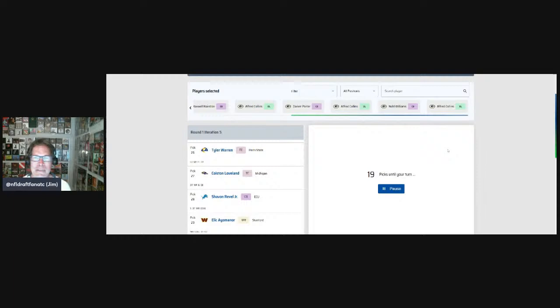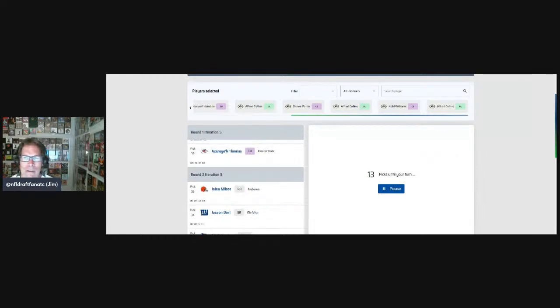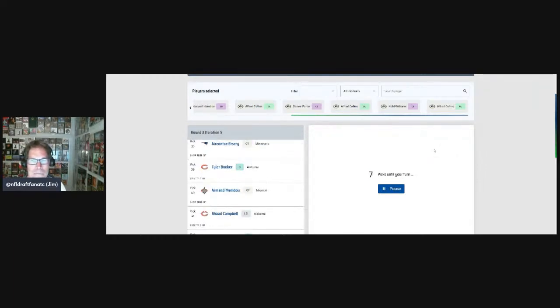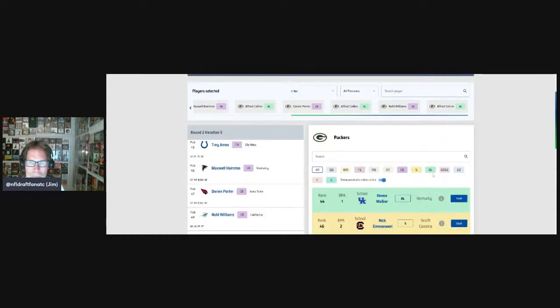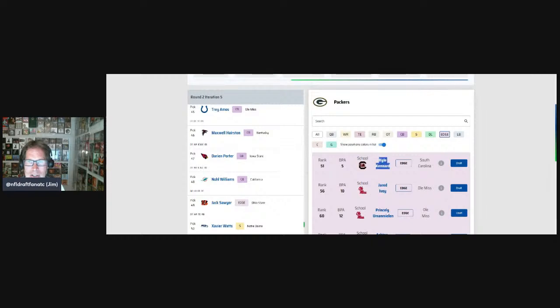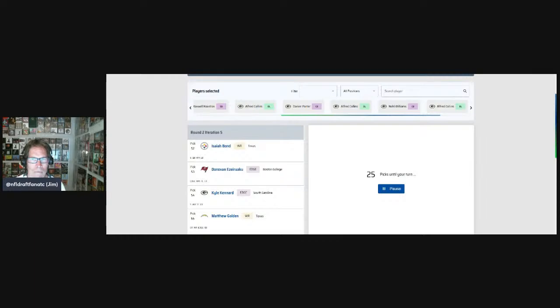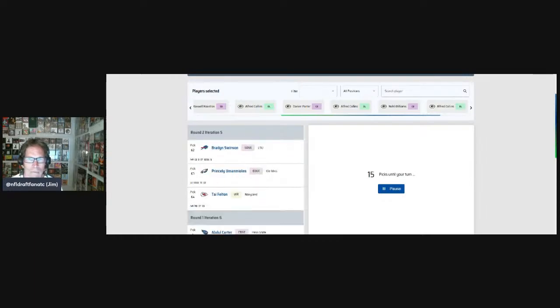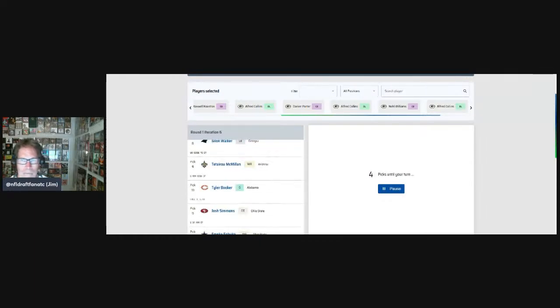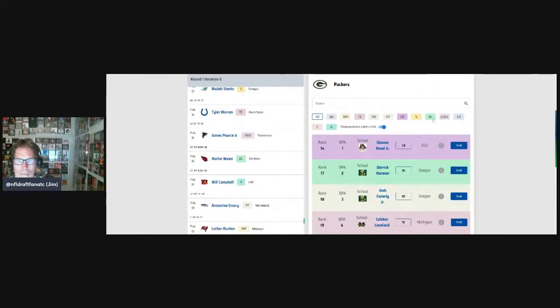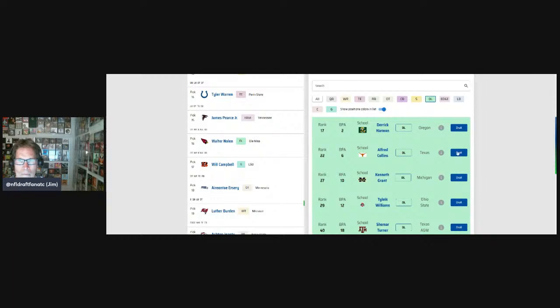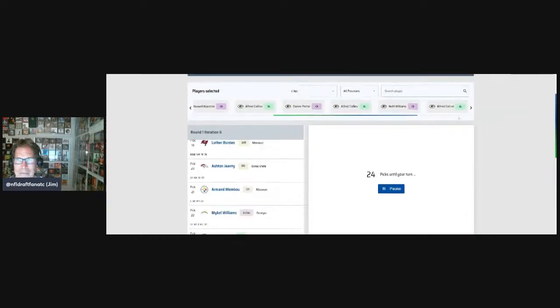Okay, so the next position I'm going to look at is edge. Okay, edges. Kennard definitely fits the Green Bay prototype for an edge. Collins was up to 22 on their board.